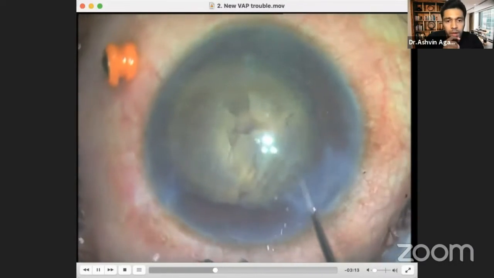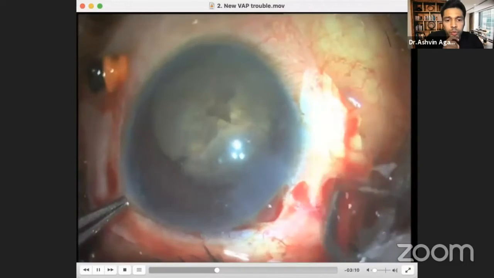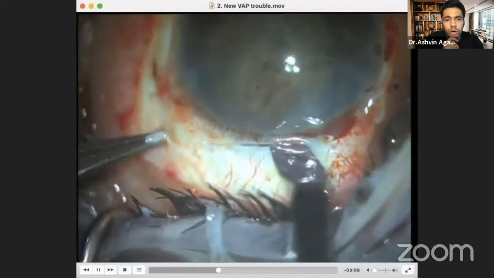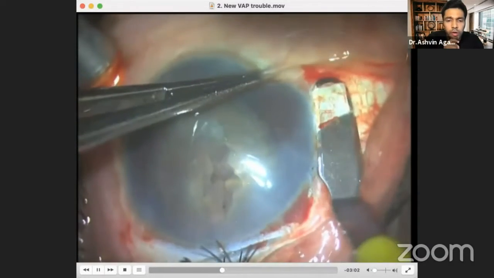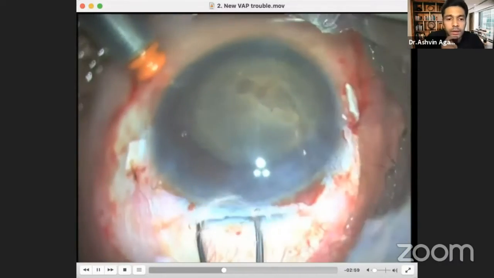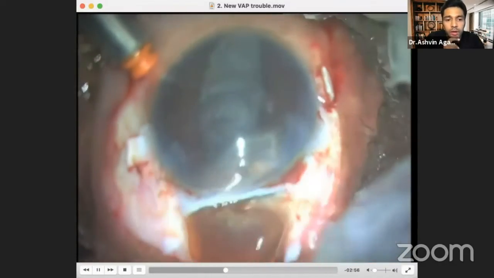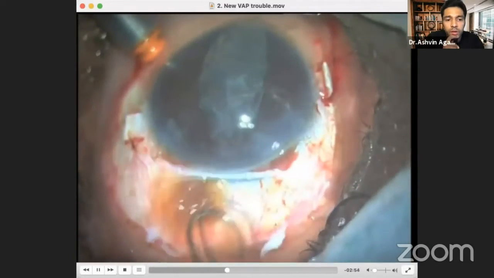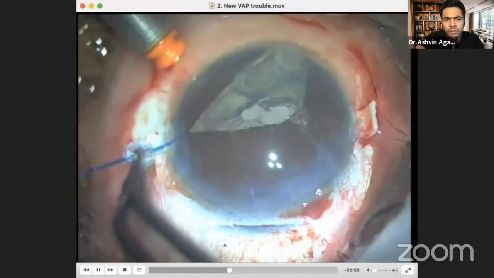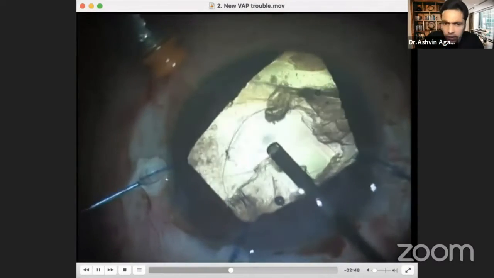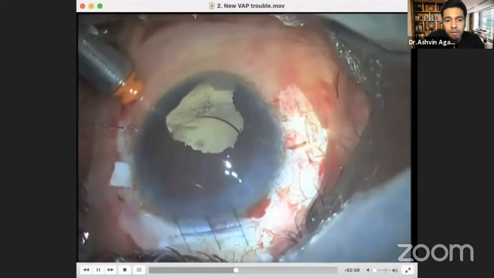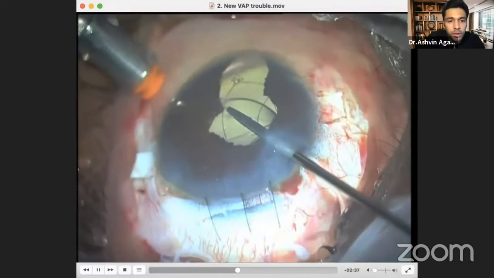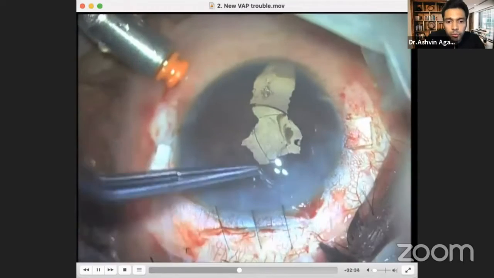My plan B was to switch over to a small incision and actually do a glued intraocular lens in this case. But basically, all in all, this was not a pleasant scenario, but I did learn something out of this plan B: how can I prevent moving a hard brunescent cataract? I could do an SICS in this case and get away with it, and that's okay. But could I do it in any other way where I retain the bag and keep that bag complex well enough? In this case, I couldn't because of the bag not being stable enough, thanks to my too much maneuvering in that scenario.